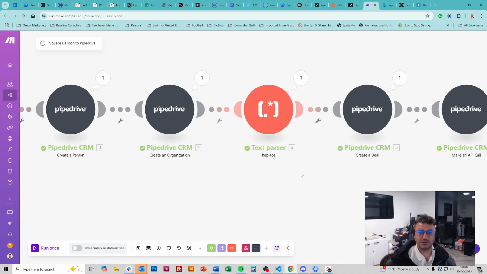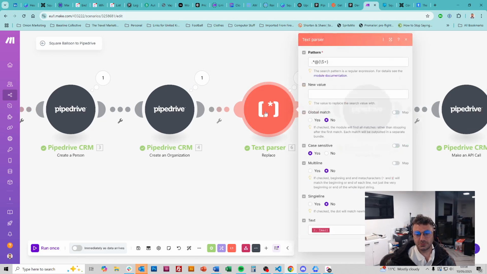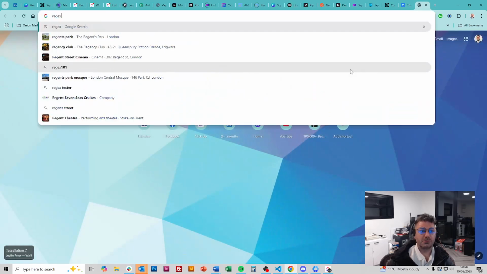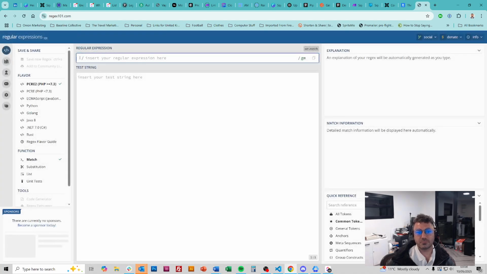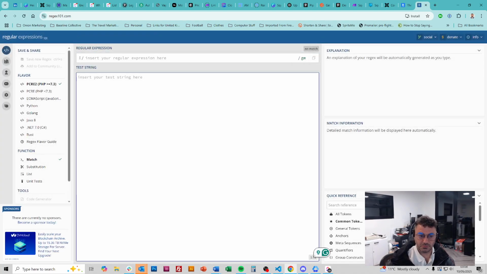Now I've got text parse. Why have I got text parse, you might ask? Well, let me talk you through it. This is a pattern, which is a RegEx. If you don't know what RegEx is, go to RegEx 101 and have a play and learn. So if I chuck my